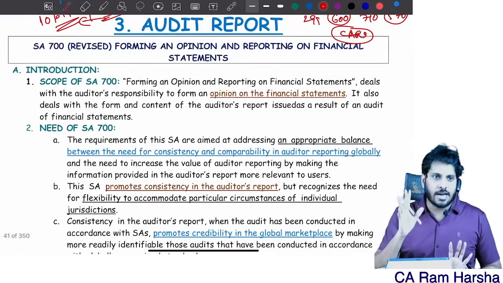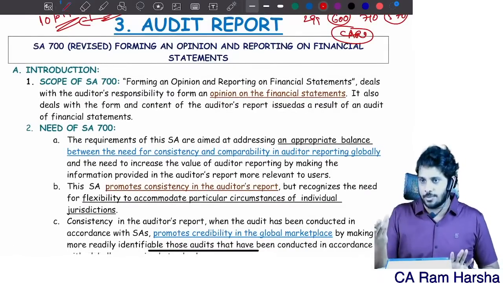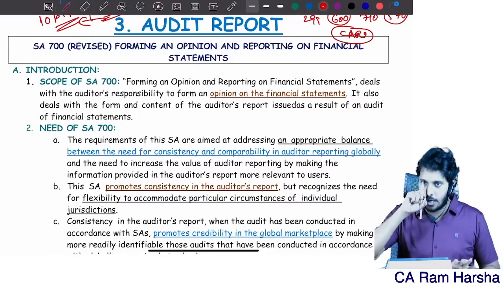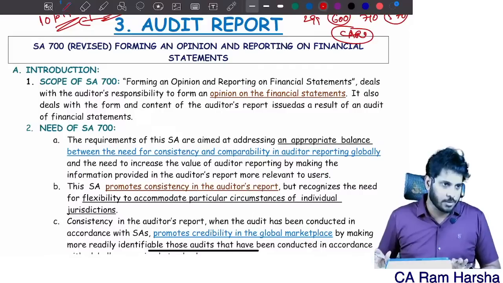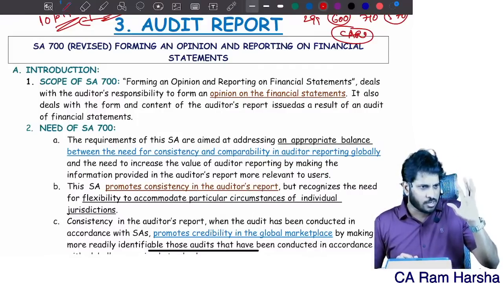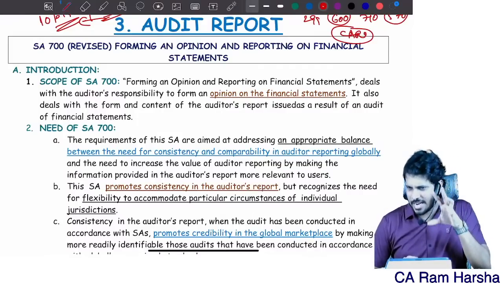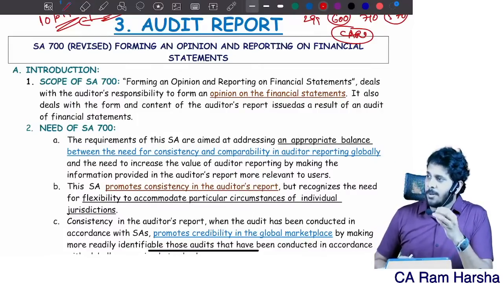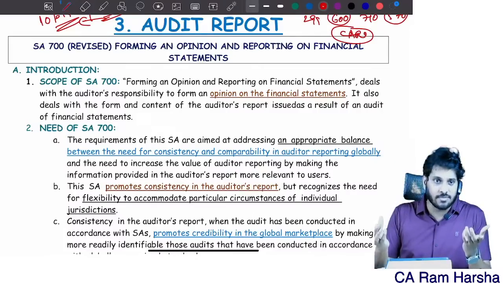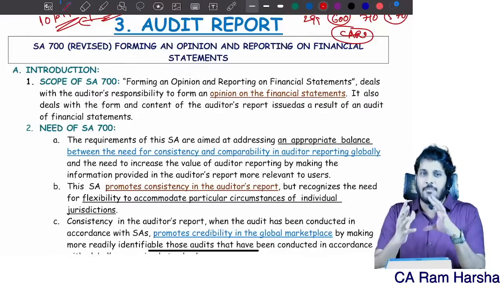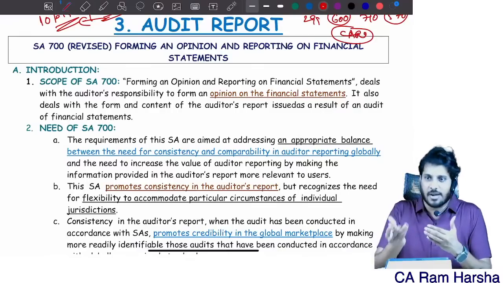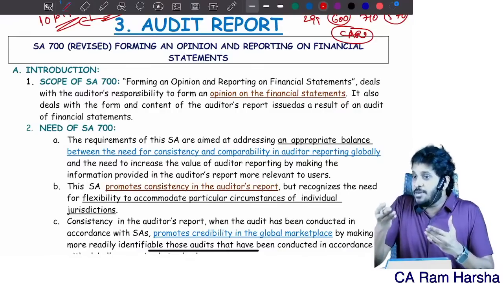Very simple. We are learning how to draft an audit report. Once we become an auditor, once we have conducted and completed the audit, how to draft the audit report. Now we understood what is an audit, what is the nature of auditing, what limitations we are suffering from, what is the objective of the audit, what are various types of engagements that we can perform, why independence is important, what are the ethical compliances that we must comply with, and how to establish terms of engagement.